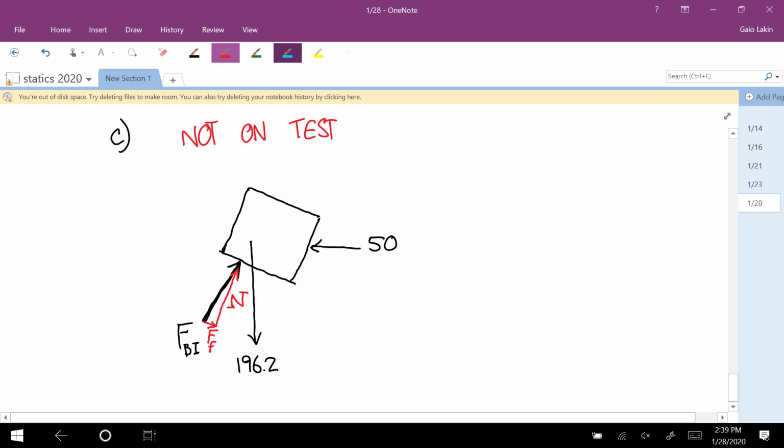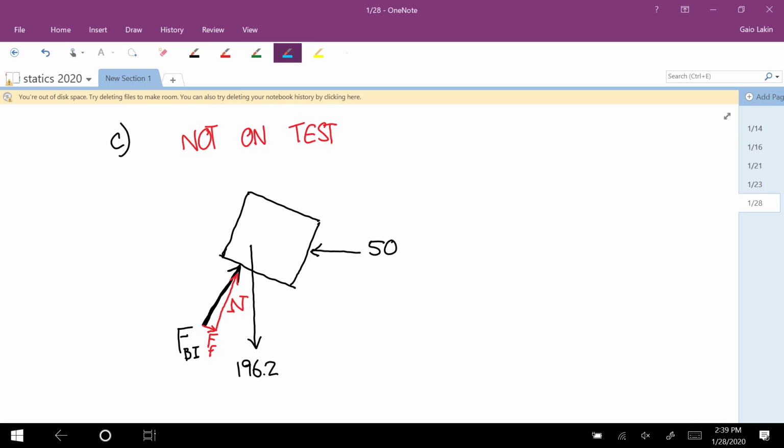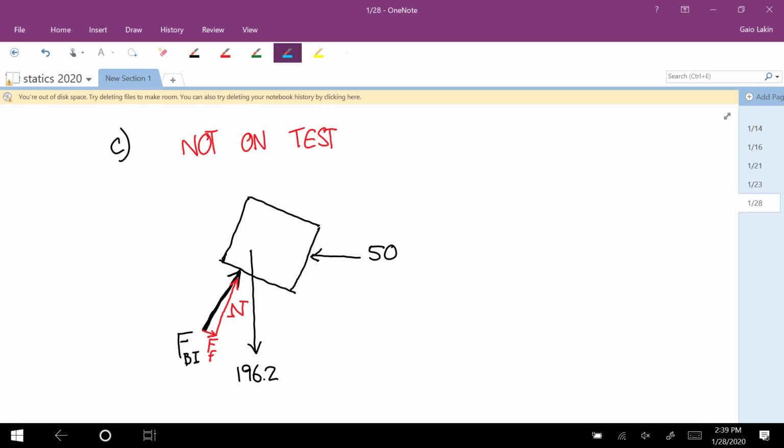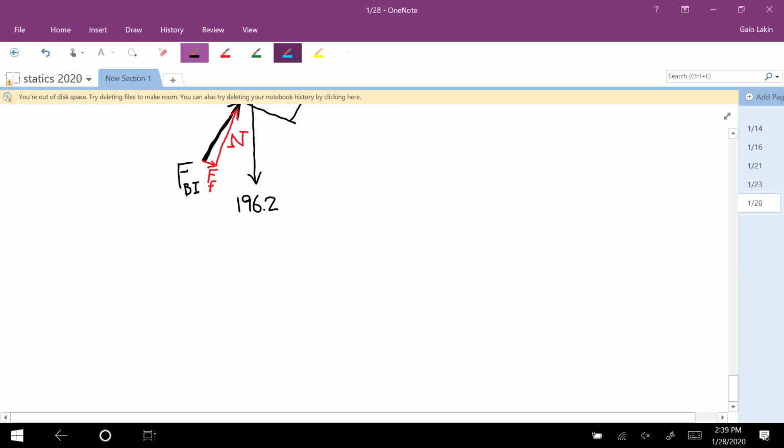Okay. And one way to do that, any questions about that? One way to do that is if we could express this force vector FBI in a coordinate system that's oriented like this,